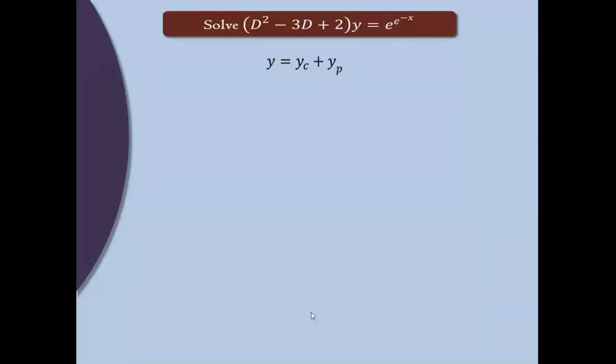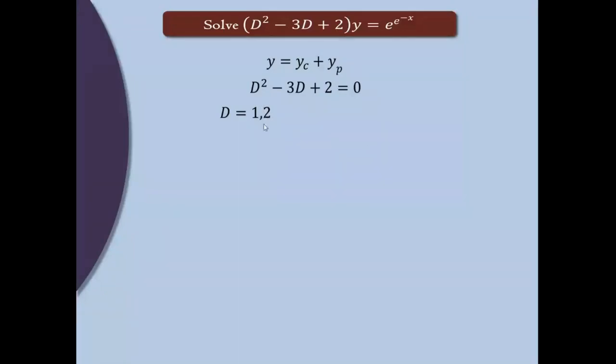Now for finding yc, take all this which is there in the bracket, equate it to 0. That will be the auxiliary equation, d square minus 3d plus 2 equal to 0. Now find roots of this. The factors are such that addition is minus 3, multiplication is 2. And the factors are minus 1, minus 2. D minus 1, D minus 2 equal to 0. So D will be 1 and 2. Or you can get these roots by using a calculator also. Use the equation mode, it is a second order equation, put the coefficients and get these roots.